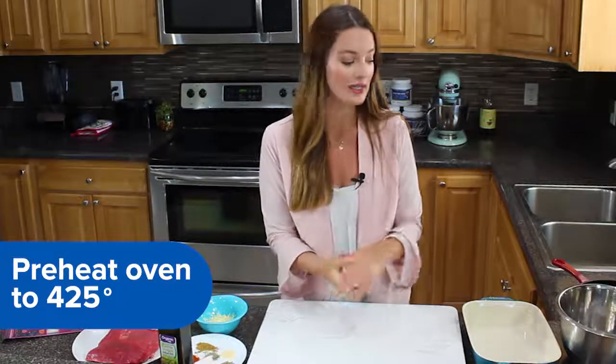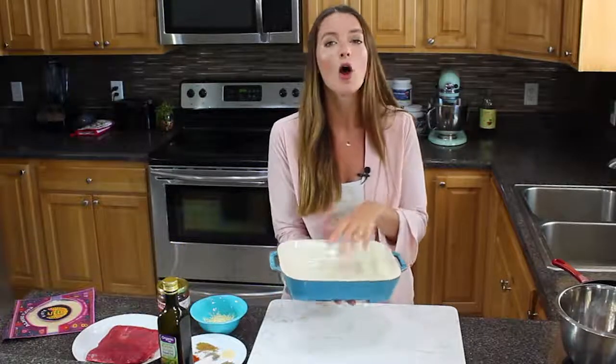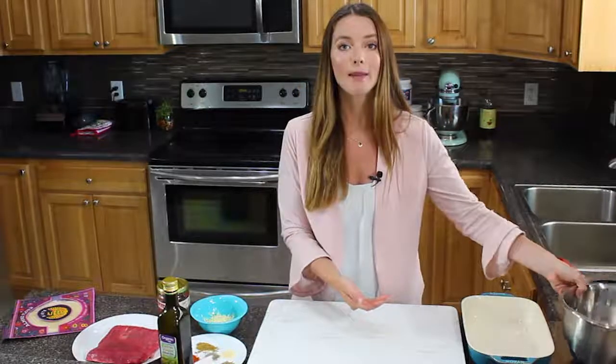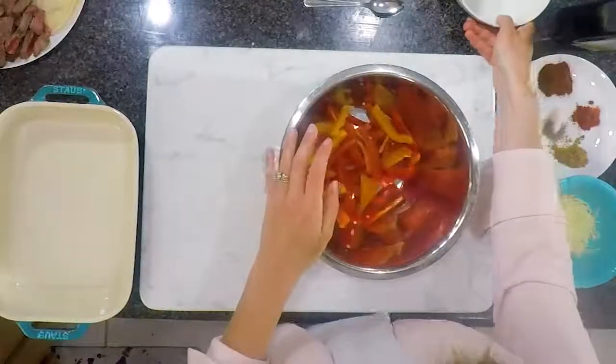So let's get going. Start by preheating the oven to 425 degrees, and then you're going to line 1 or 2 baking sheets with parchment paper or just lightly greased with olive oil, again depending on how many you are cooking for. Grab a large bowl and you're going to add your bell peppers and your onion,